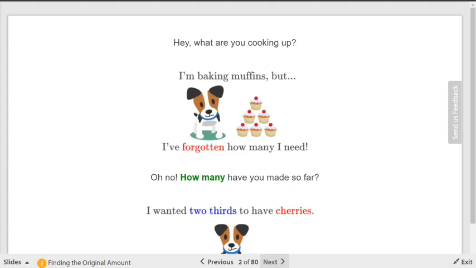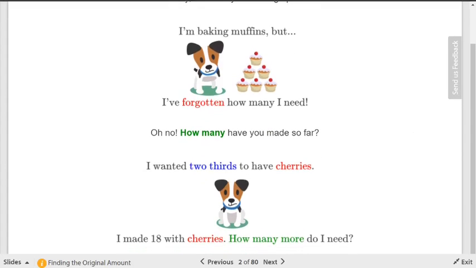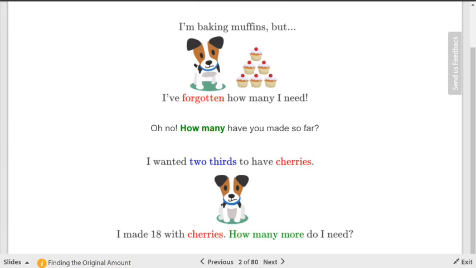So this puppy is baking some muffins, right? They look more like cupcakes to me, but oh well, that's all right. And I haven't seen many puppies bake cupcakes, but New Zealand puppies are clearly more talented than. Okay, so